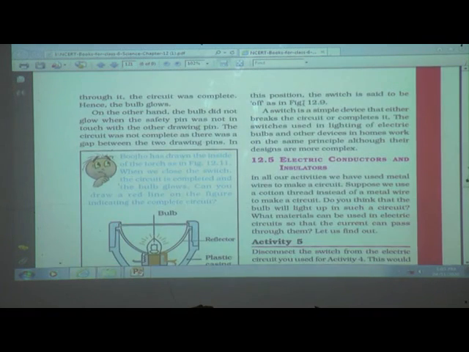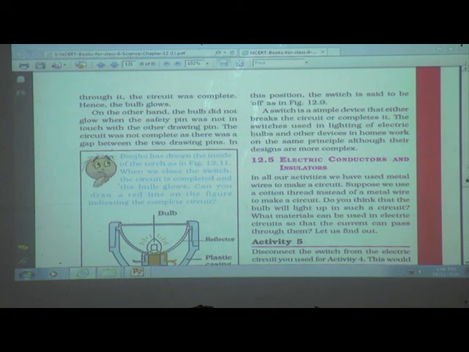In this position, the switch is said to be off. A switch is a simple device that either breaks the circuit or completes it. The switches used in lighting of electric bulbs and other devices in homes work on the same principle, although their designs are more complex. So in our home also we use like this.